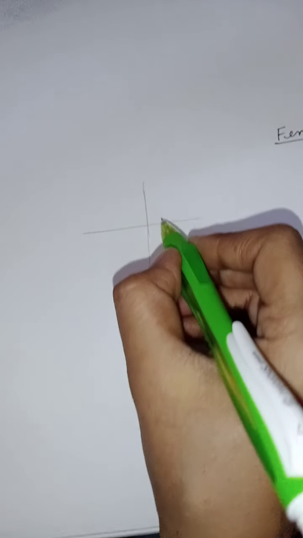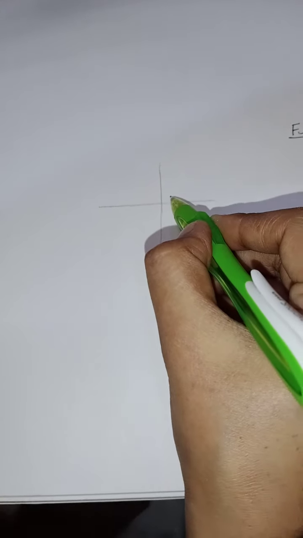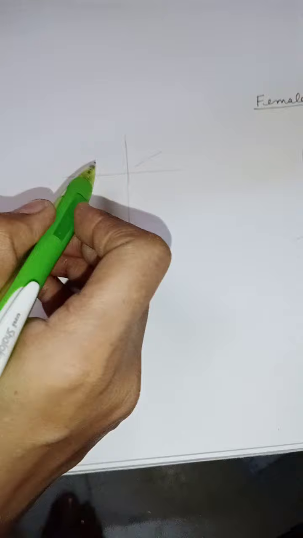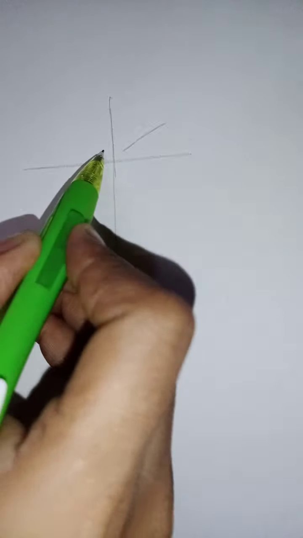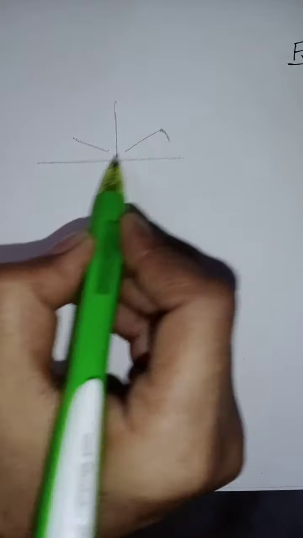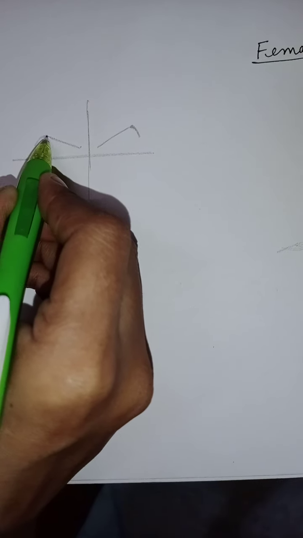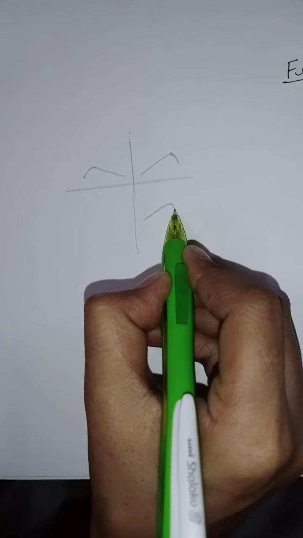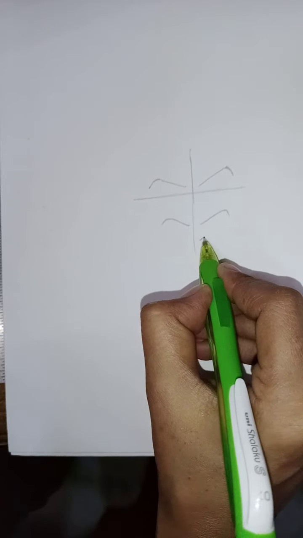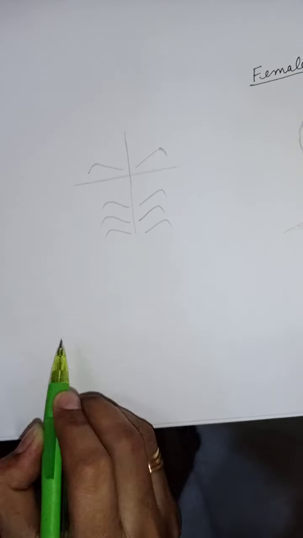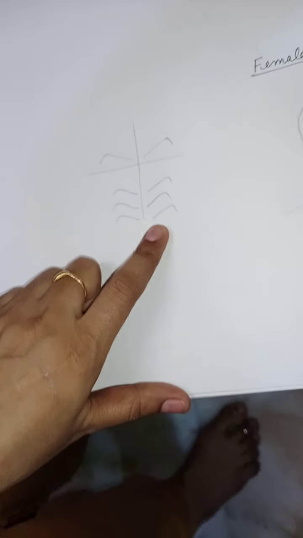I'm drawing the eyebrows. So for making eyebrows, I have to make a slant line like this. Okay, make it close like this. So these are two slant lines, and then I will make a small slant line, opposite small slant line. So my eyebrows are like this. So you have to make practice of this shape. Okay, this is the shape of my eyebrows.